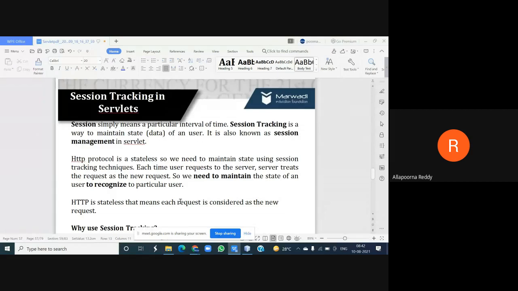Regarding the user means what? Who is accessing, who is that particular user, at what time he is accessing, what source information he is using, what type of URL he is accessing, at what time he entered his request, and when it is going to expire. Some information we need to maintain, but it cannot be done with HTTP. The reason is it is a stateless protocol.